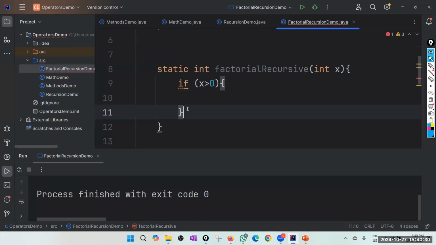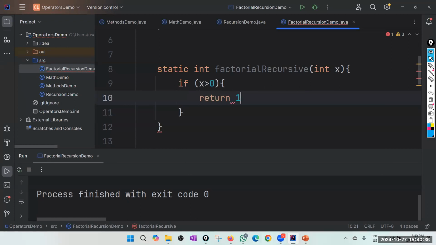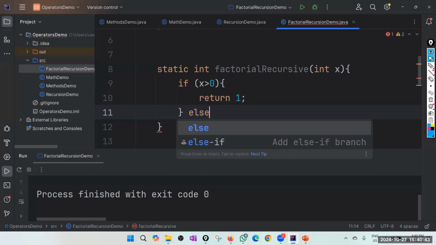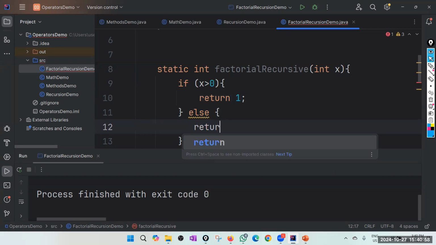So if my x is 0, I will return 1, because factorial 0 is 1 by definition. Else, now I'm calling it recursively, but conditionally. After some time, it will get into the if condition. Initially, it will be in the else condition. For example, if it is 5, it is in the else. So what I do is I will return